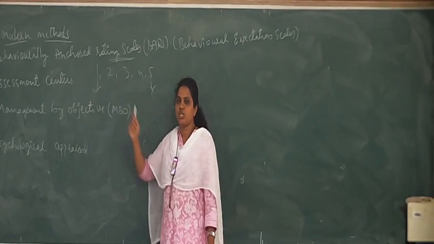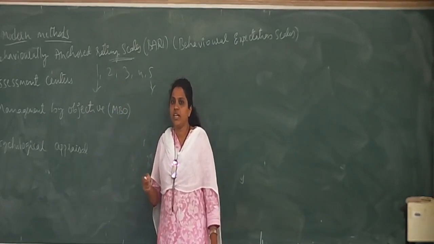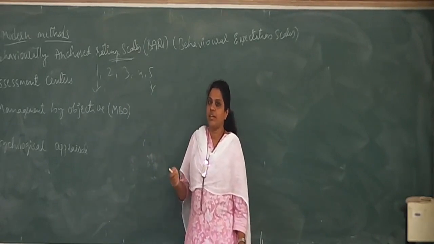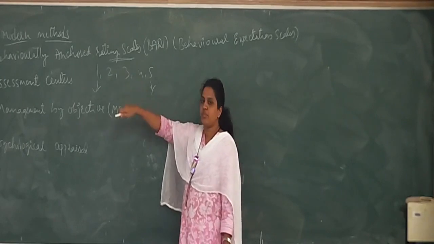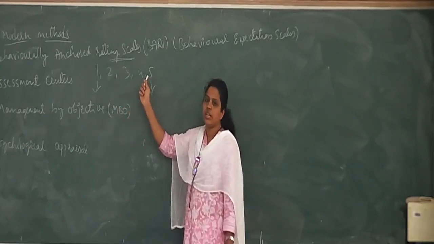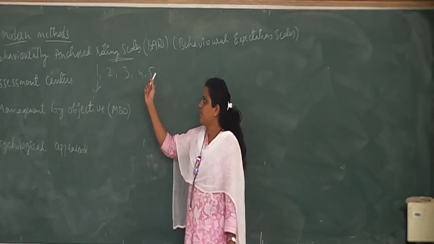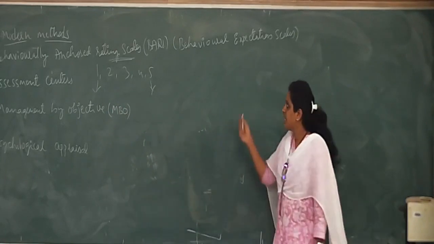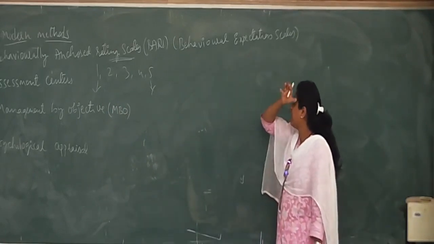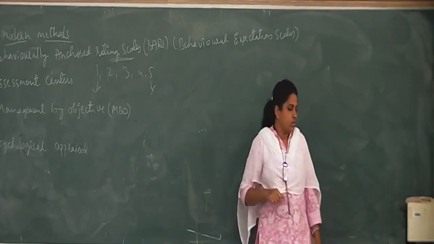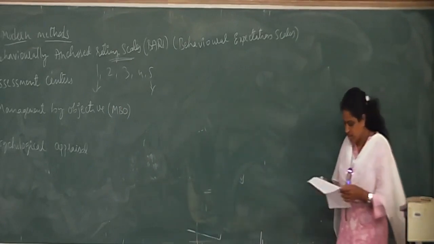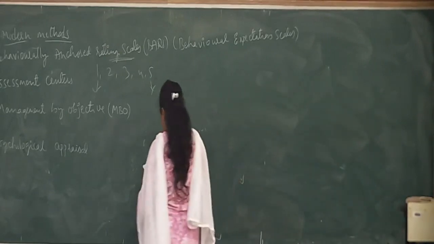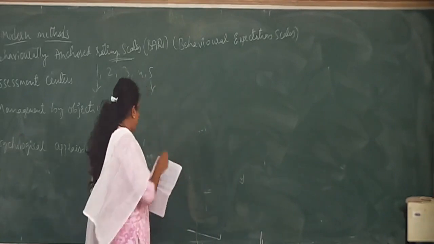The watchman is very sincere in checking the ID cards of each and every student entering the campus. That particular job behavior is attached with the rating scale 5. So like that, overcoming the disadvantages or limitations of the rating scales, they have come up with this behaviorally anchored rating scale. So for one example I have already given, the watchman example. One more example would be, here I will just write down whatever I have explained here.